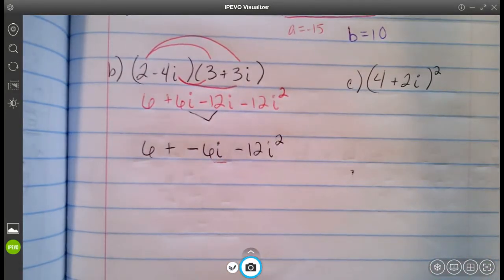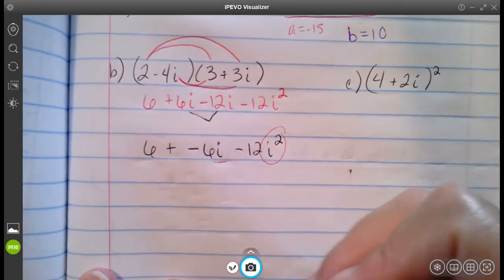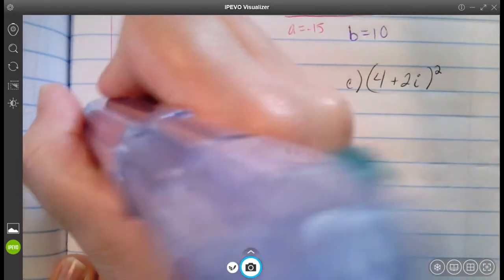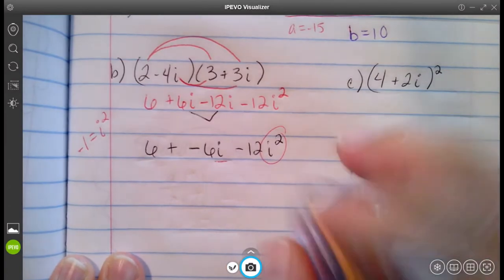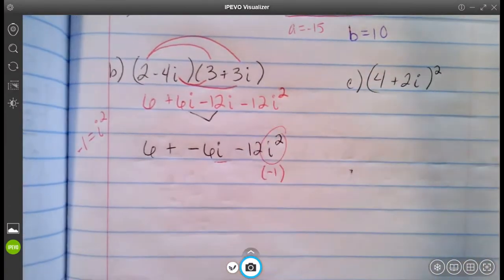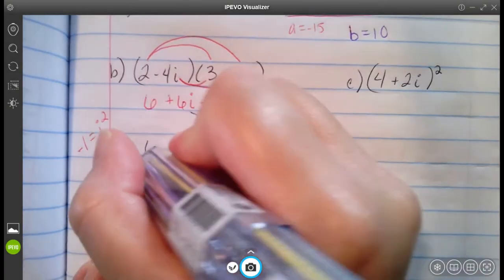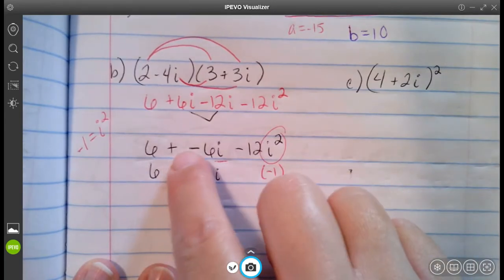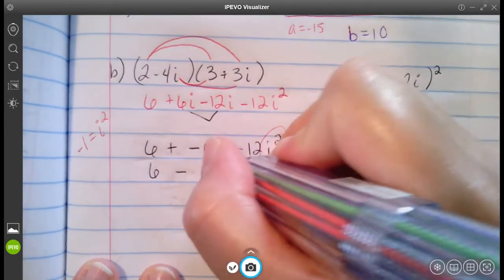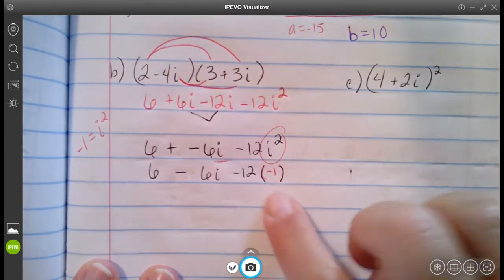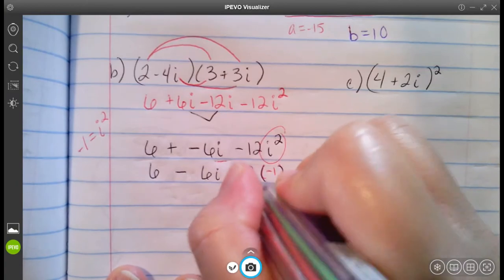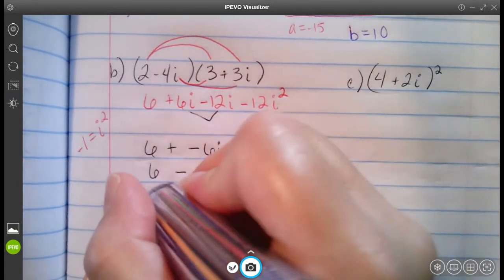I'm going to change my i squared into a negative 1, because remember that negative 1 is equal to i squared. Okay, so let's rewrite that part. It's going to be negative 1 right here. I'm going to bring everything else down. So 6 minus 6i. Notice the change I made here, okay? That just looks weird to me. So minus 6i minus 12 times negative 1. Okay, we can multiply negative 12 and negative 1, so that's going to give me positive 12 here. Okay, bring everything down,